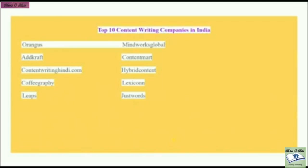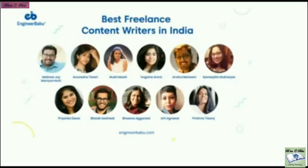Now, top 10 content writing companies in India, just go through it in Google whenever you find time. These 10 companies give dollars of money for content writers alone. Now you see, all these are Indian girls and boys, maybe at the age of 30 to 35, not above 40 years old. Best freelance content writers in India. They earn like anything. They don't even find time to waste, right? They are the greatest writers. Just have a glance at these